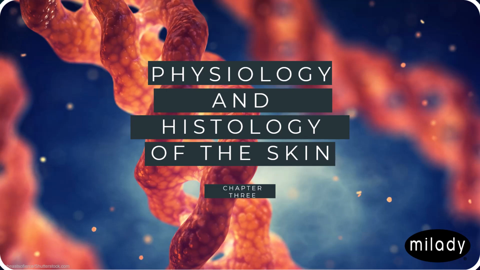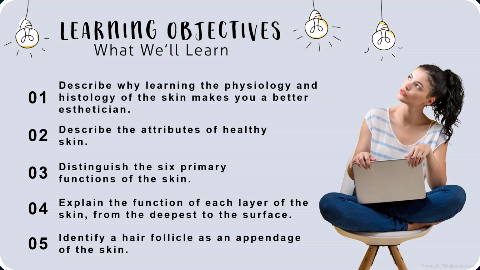Welcome back. The last chapter we're covering for this semester is Physiology and Histology of the Skin, which is chapter 3 in the standard aesthetics book. The learning objectives for this chapter are to describe why learning the physiology and histology of the skin makes you a better esthetician, describe the attributes of healthy skin, distinguish the 6 primary functions of the skin, explain the function of each layer of the skin from the deepest to the surface, and identify a hair follicle as an appendage